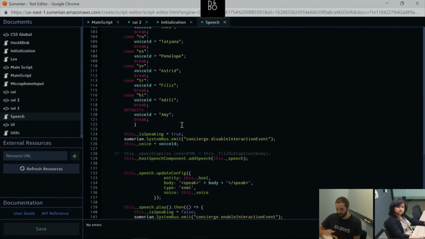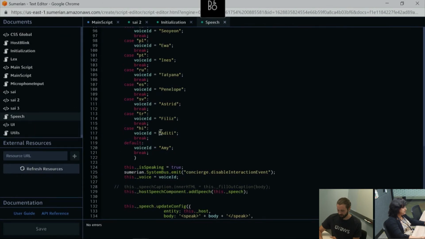Several languages have multiple voices, but if you use a German voice for English, it's going to sound a little bit strange. So you do need to make sure you match up the correct language ID with the correct voice ID. Amy is not going to sound good if she's speaking Hindi, for example. Yeah, sure.